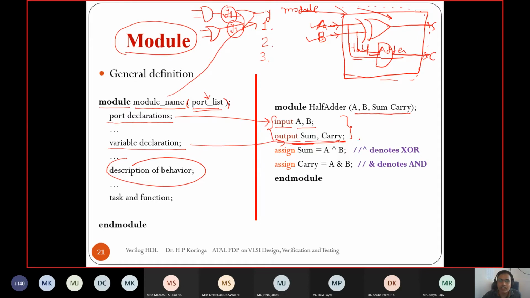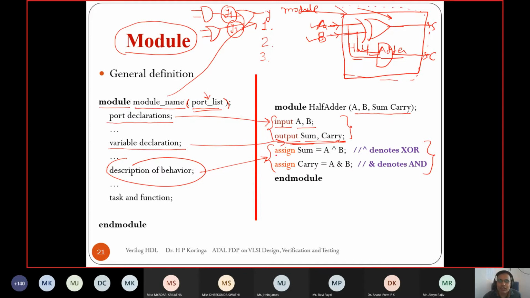Here in the example it is implemented using the data flow abstraction level. So this is the description of the internal design. Internally for the sum, we want to do an XORing of A and B.